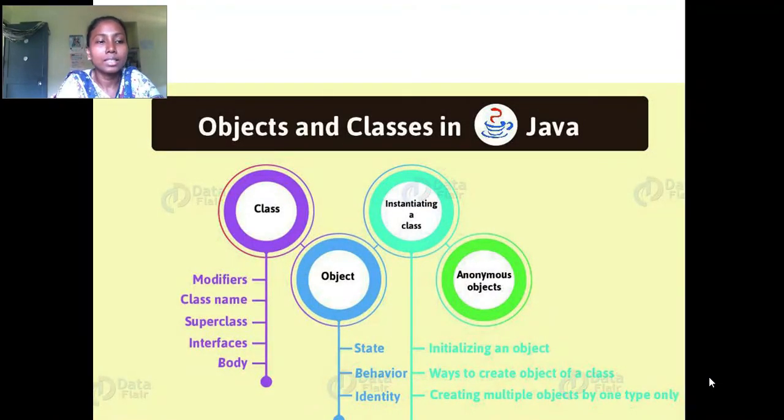As you know, a class is a group of objects which have some common properties. You also call a class a blueprint or prototype from which an object will be created. When we create an object, that is within the class, that is a part of the class. Like, object is a physical entity but class is a logical entity.